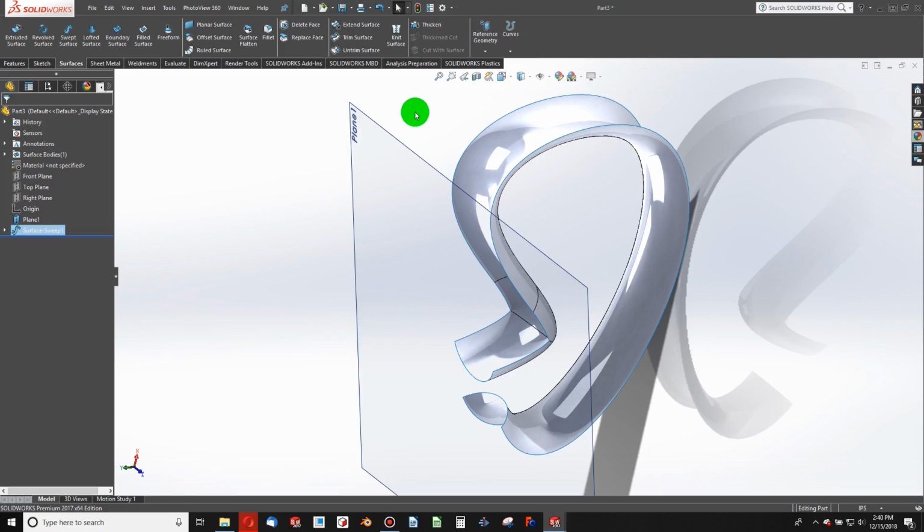So what are some of the advantages to surfacing then? And I should also point out that lofted surfaces work the same way as in solids, and we'll be doing an example of lofted surfaces very shortly. So what are some of the benefits? Well, the idea is if I were to make a computer mouse, I can, in fact,